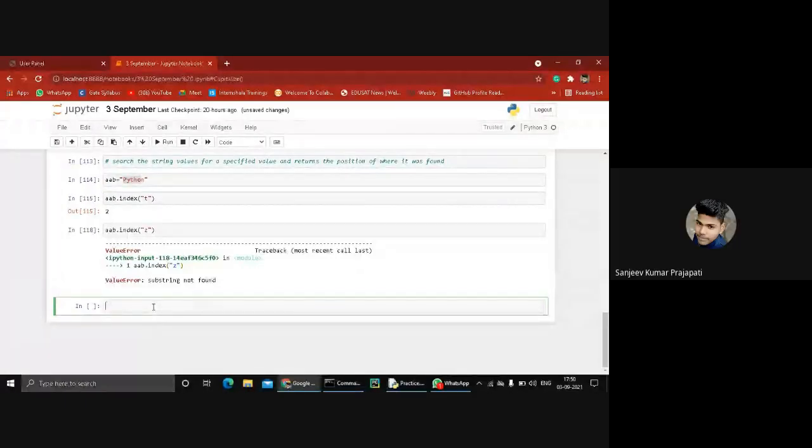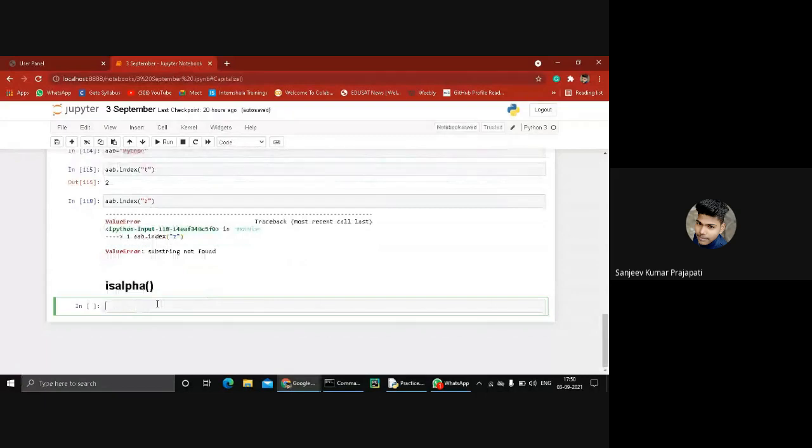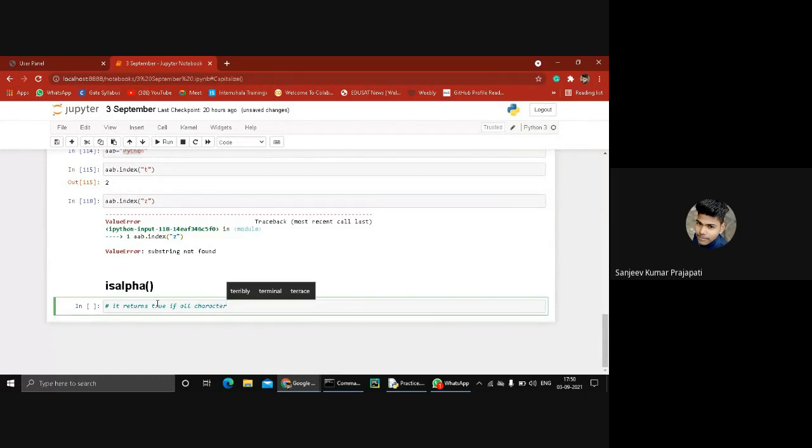So my next function is isalpha. It returns true if all characters in the string are in the alphabet.